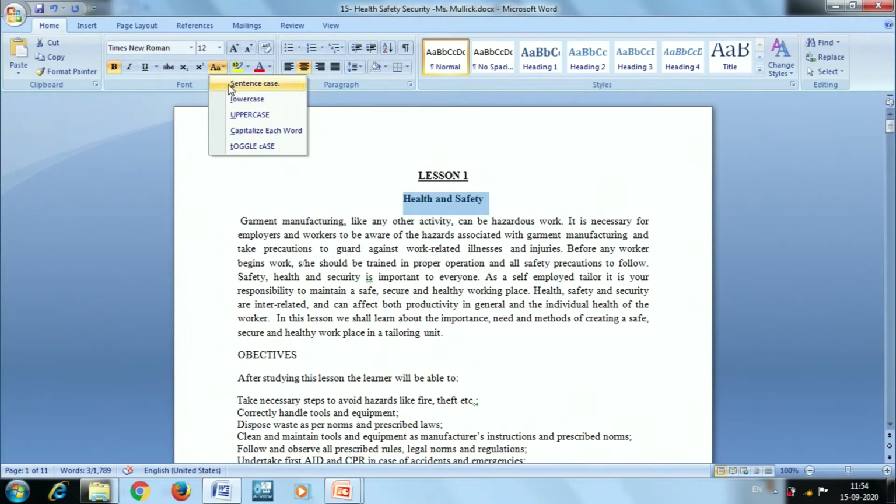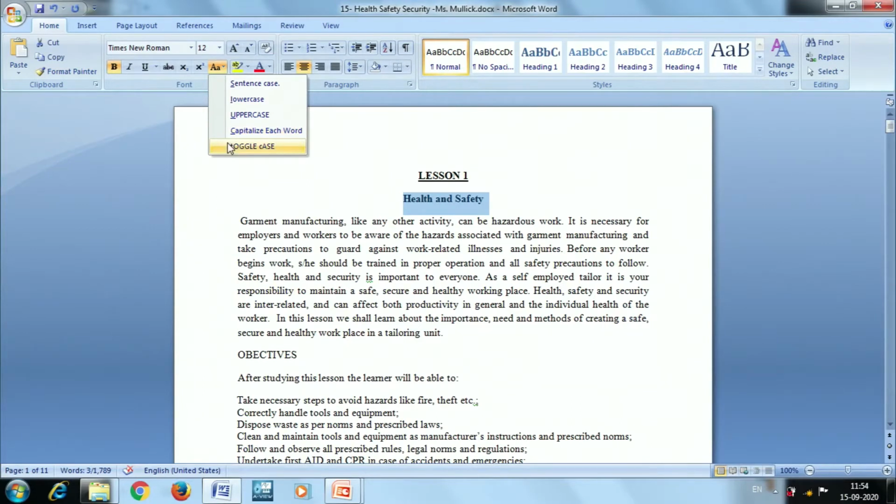This one is sentence case. As we know, if you use sentence case, the first letter of the sentence will be capital and the rest of the content will be in small case. If you want all the content in lower case, you can use lower case. If I want to make my content uppercase, that is capital alphabets, I have to use uppercase. The other options are capitalize each word, which will make the first letter of each word capital.